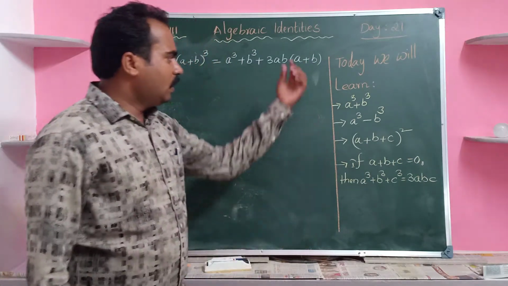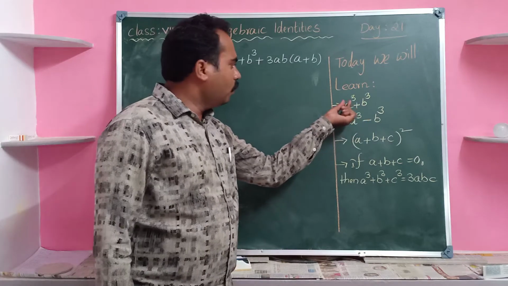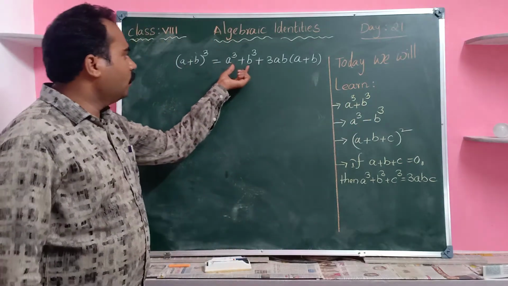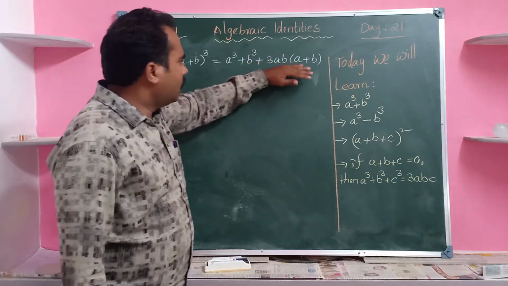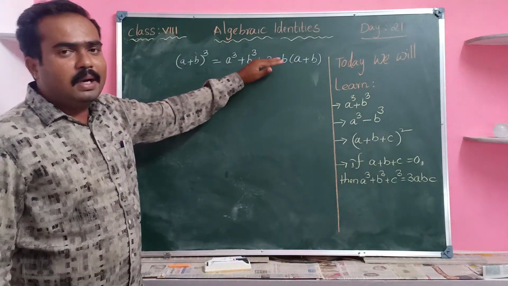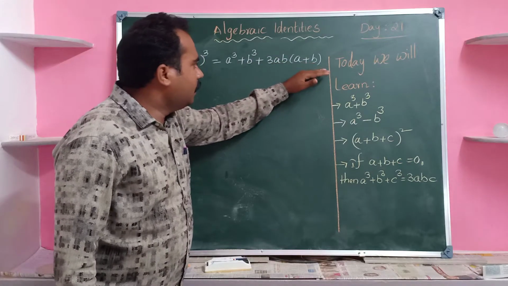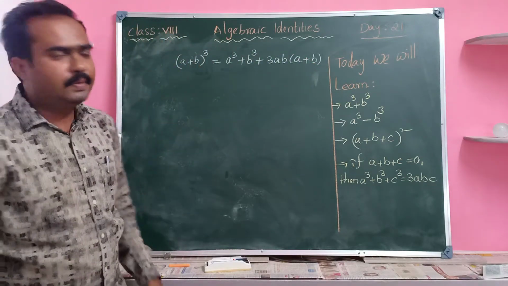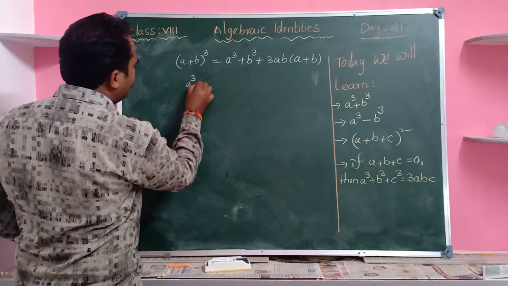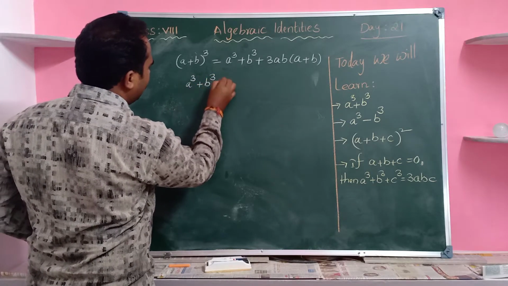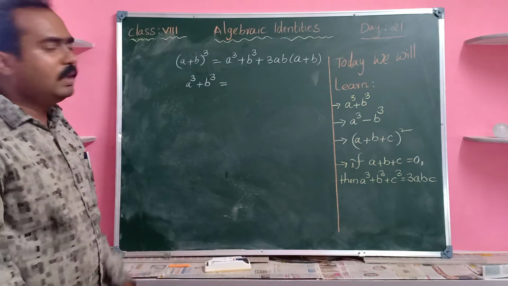From this I need only a^3 + b^3. So now I will transfer this 3ab(a+b) to this side. Now I can write this as a^3 + b^3